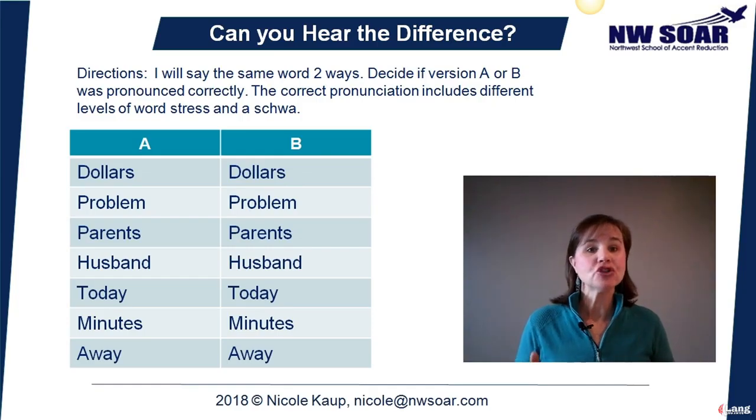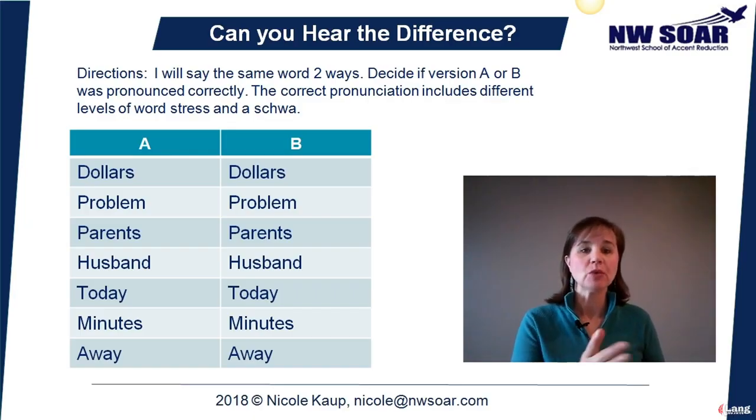Now let's test your ear to see if you can hear the difference between the correct and incorrect pronunciation. Each of the following 2-syllable words are in the top 500 most common words in spoken English. Each one has a primary stressed syllable and a weak syllable that's pronounced as a schwa. You will find this same chart of words listed in your workbook. So please open to that page and find this chart.